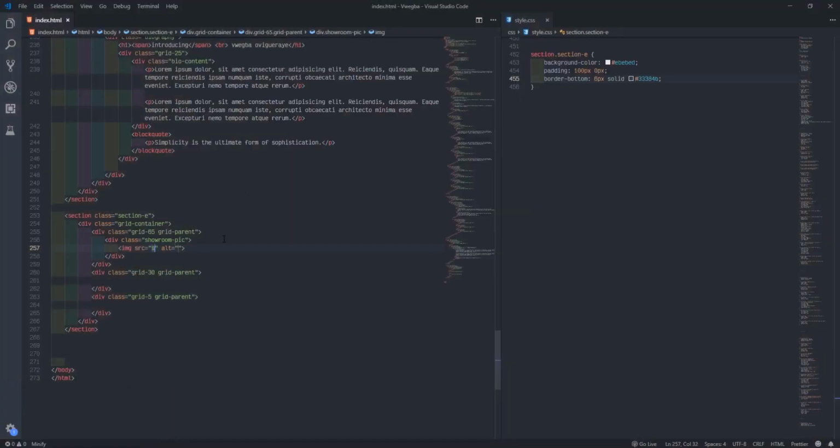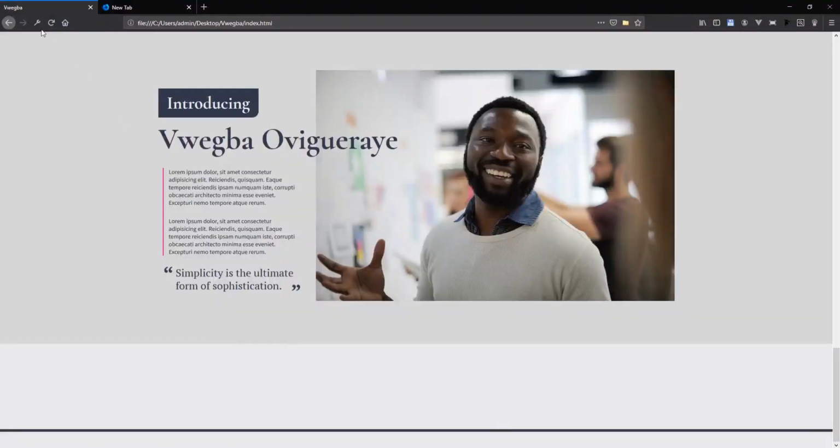So see showroom 3.jpg. Okay, first put assets because we call it from the assets folder now. Assets. Okay, hopefully I'm right.